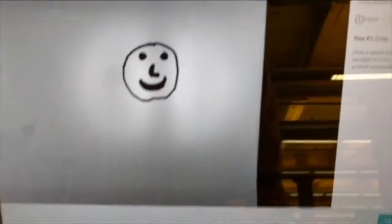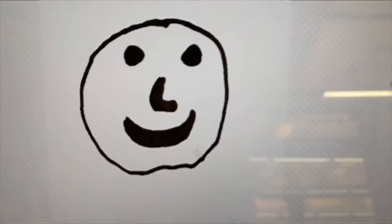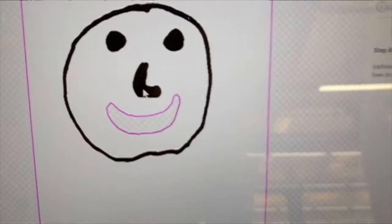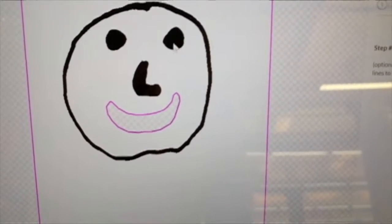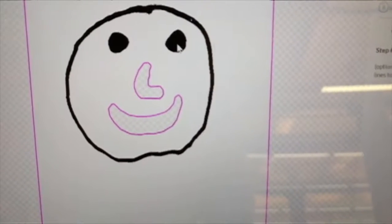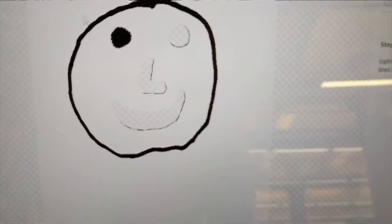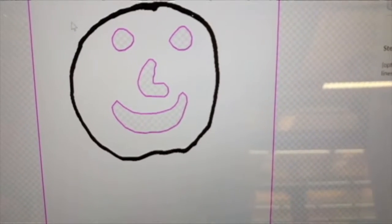Now, there's just a few steps I do to trace this. It's pretty simple. First, I'm going to draw a box around it and say, this is the part I care about. There we go. And then I'm going to click on the areas I want to cut. Now, anything that's black by default will be engraved. But if I click on it, then it's going to put a cut line around the outside. So you can see I'm putting cut lines around each of the eyes,